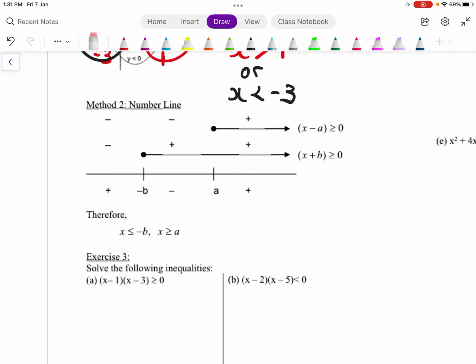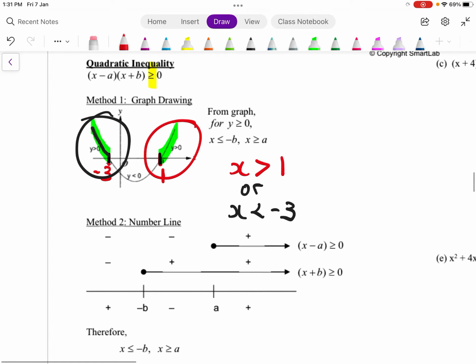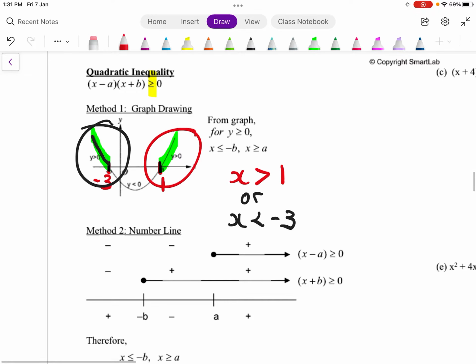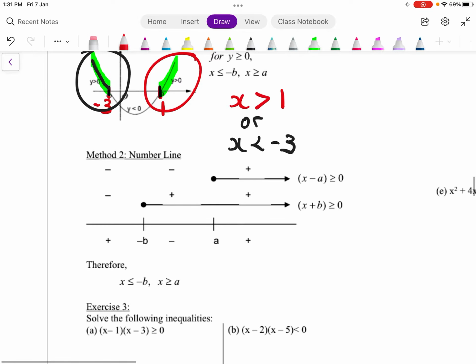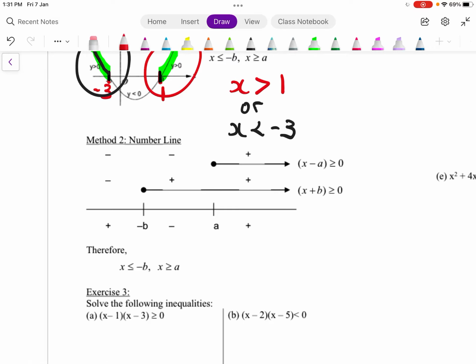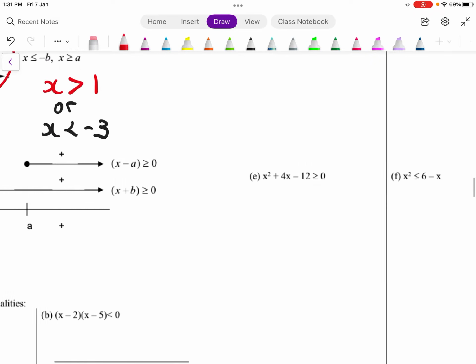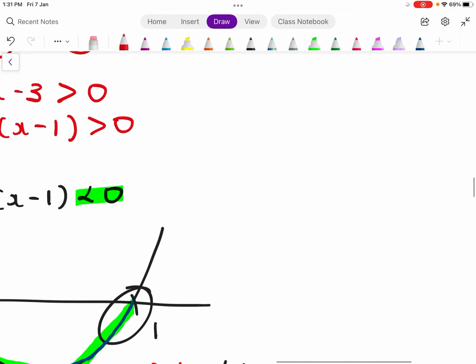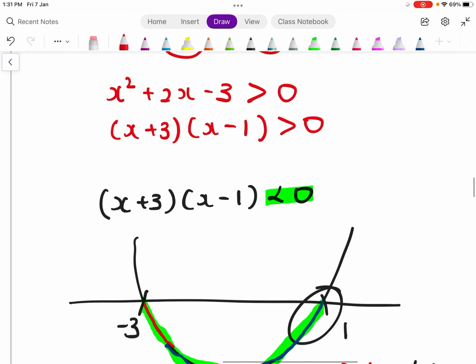Alright, so I'm going to teach you how to use the second method to solve a quadratic inequality. From the previous video, I taught you how to use the graph drawing, right? Okay, so method 2 will be called the number line. So how do I use the number line to solve a quadratic inequality? Let's find out how. Using the same inequality, (x + 3)(x - 1) > 0,